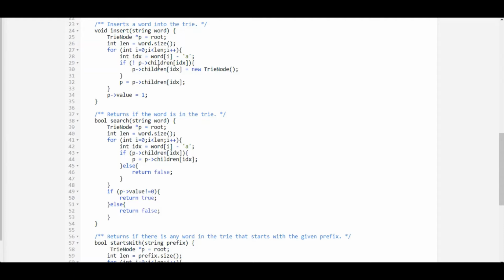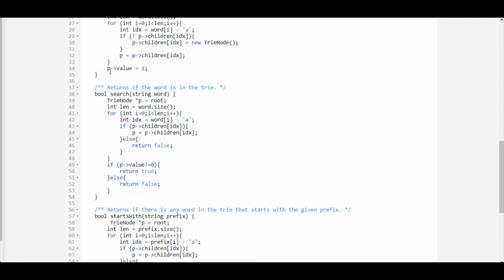And then if P's children at that index is null, that means nothing is present, then we will make a new node and store it there. And if there is already something present, then we just start pointing to the next of that child.